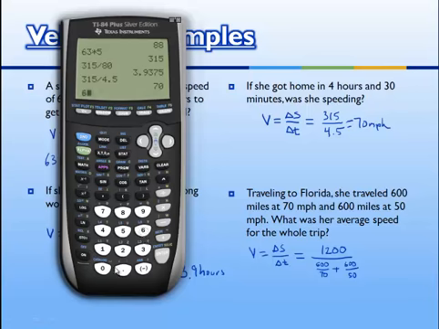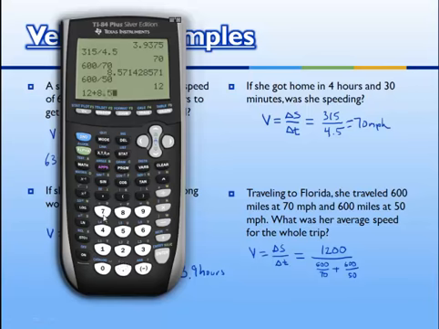The first part of her trip, when she was traveling at 70 miles per hour, took 8.5 hours, while the second part of her trip, traveling at 50 miles per hour, took 12 hours. Notice she was spending quite a bit more time traveling at the slower speed. So rather than 60 miles per hour as an average speed, I would suspect her average speed to be a little less than that. If we take these two times and add them together,